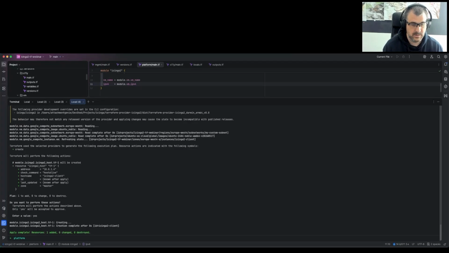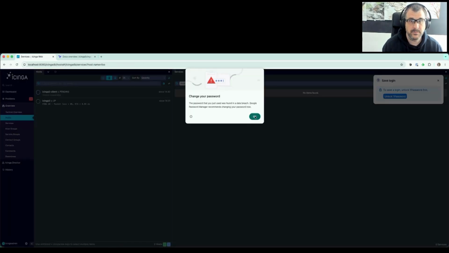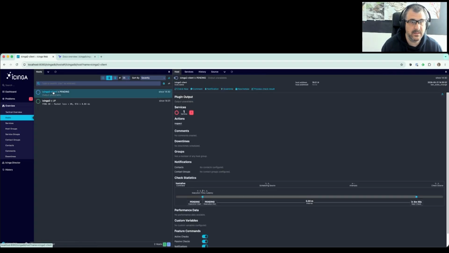Nice. So some of the gods have helped me. It does look the same, but I promise you it's the actual thing running in GCP right now. Icinga admin. Yep. What I'm running there is the same Icinga server setup as I've described before. It's a Docker Compose. And here we actually see this Icinga 2 client has been added